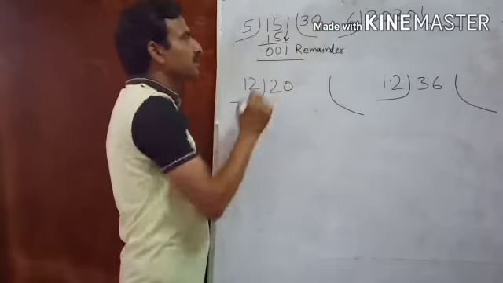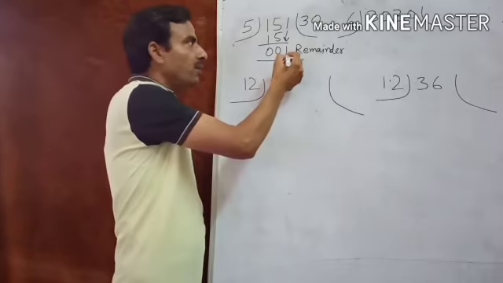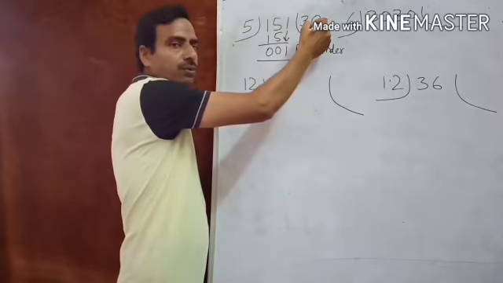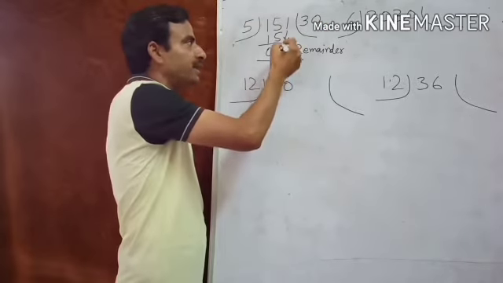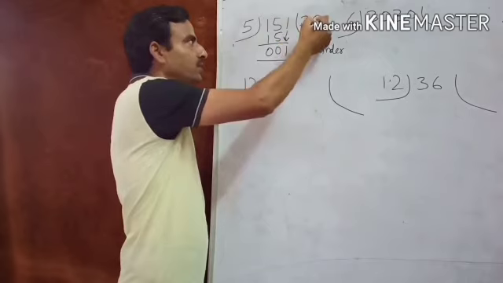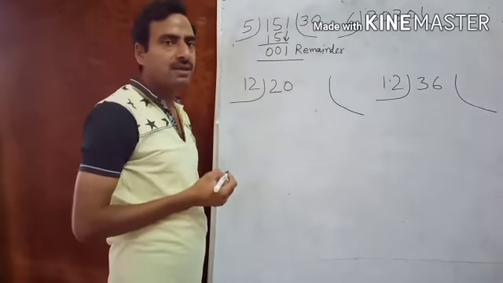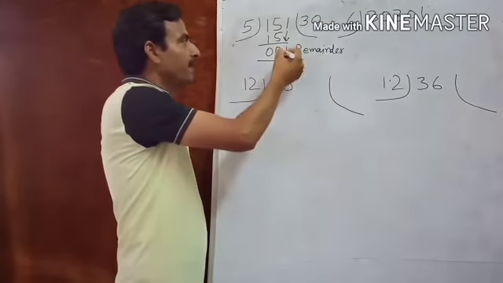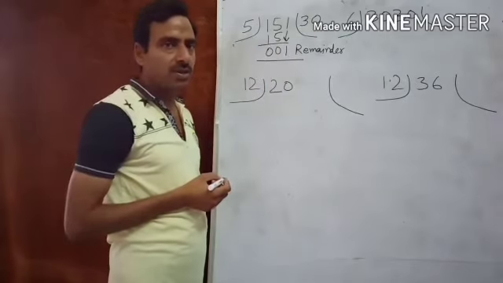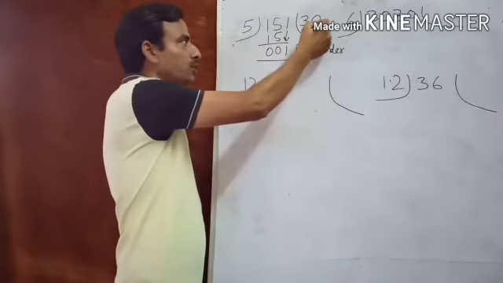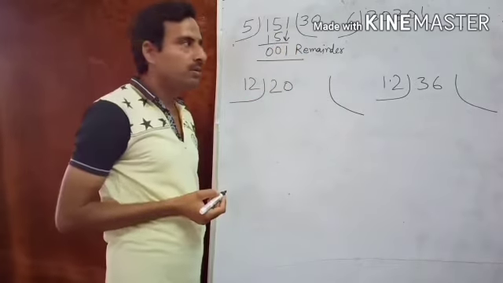30 is the quotient. Keep this in mind. 1 is the remainder, okay, but after bringing down the digit, we have to divide first. If it is not going, then we have to put 0 over here, then the answer will be correct. Many students commit this type of mistake. The division is not going, so they leave it and say 3 is the answer. It is wrong. So we have to put 0 after checking whether the division is going or not.